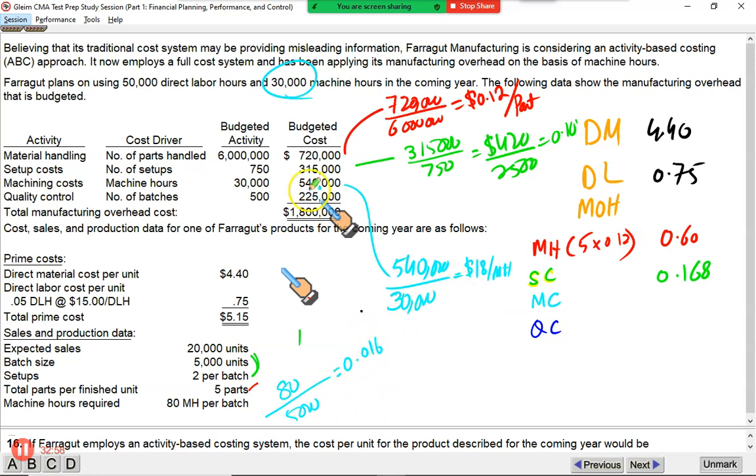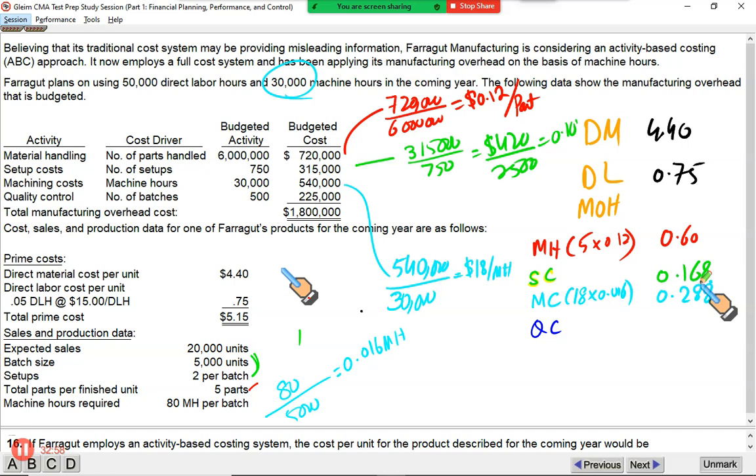So basically it's an essay type question. 0.016 machine hour is required by each unit. We just established that 540,000 machining cost is required for 30,000 machine hours. So rate is 18 per machine hour. We need to find it on per unit basis. So each unit takes 0.016. So it's going to be $18 multiplied by 0.016, right? This will give you 0.288. Yes, absolutely. It's good for practice.